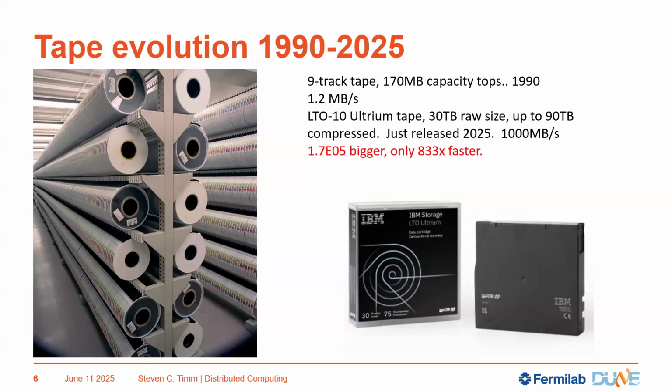Okay, tape evolution. When I talk about a 9 terabyte tape, that's a 9 terabyte tape. It actually spins on a reel, going from one spool to the other. One of them, max, would hold 170 megabytes. And when I say a pallet of tapes, that's basically one row of that shelf going all the way into the thing, okay? Now I can get a tape with 30 terabytes raw size.